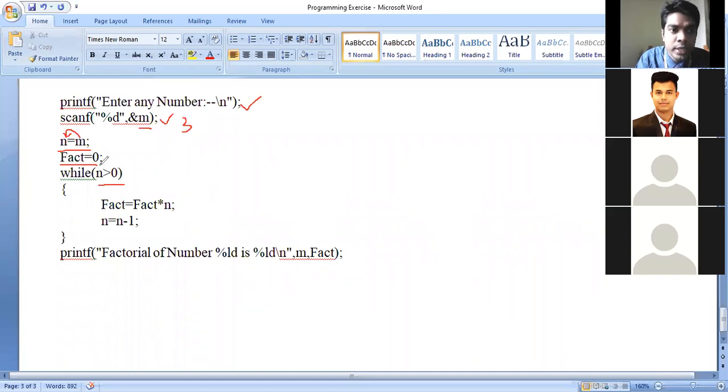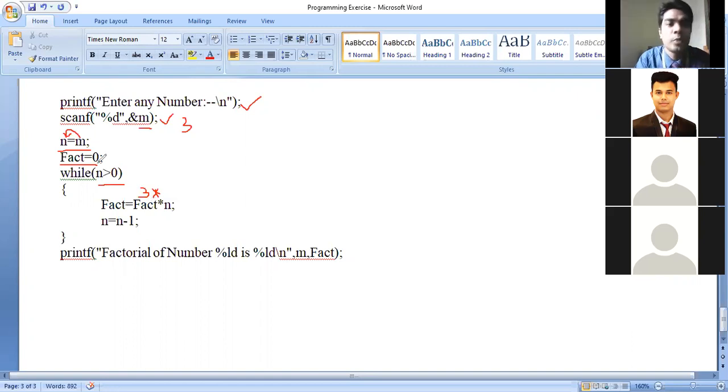It will check 3 is greater than 0, condition true. If this condition is true, then we can go inside this loop body and multiply. Sorry, the fact value here is 0.